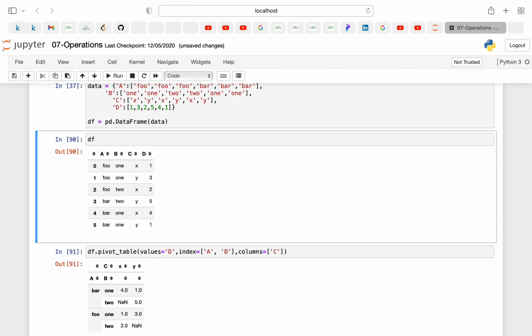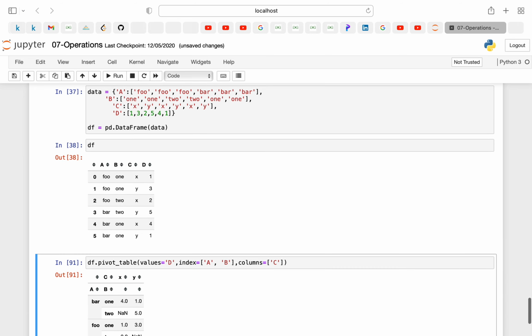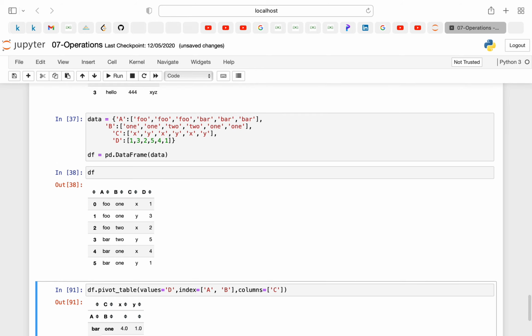Now another concept, I have created one more data frame. I think you might have heard about the concept of a pivot table. A pivot table is a kind of table where we want a certain index and we want certain columns. So we can create a copy of that particular table as a pivot table. Pivot table is very useful.